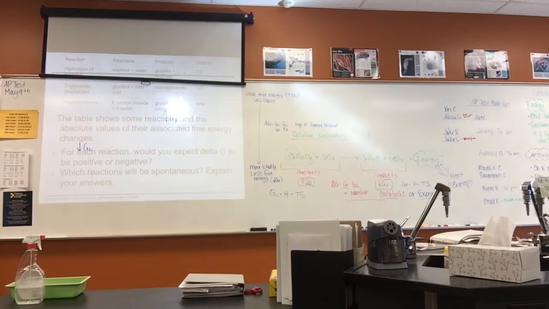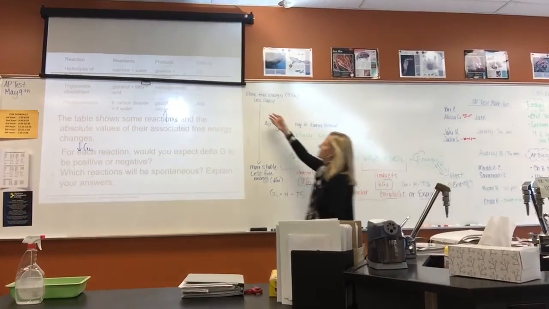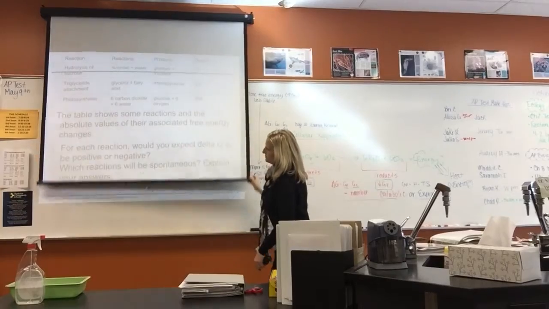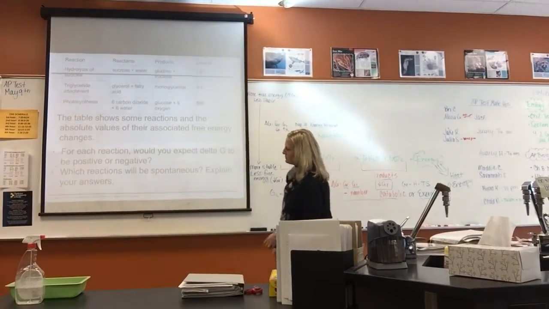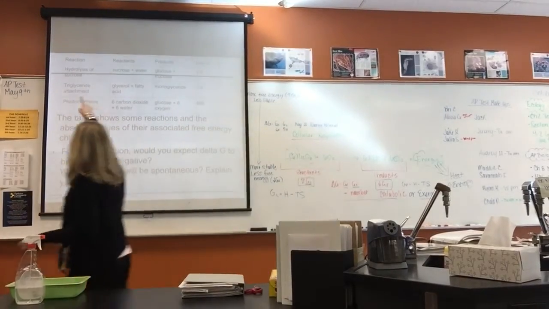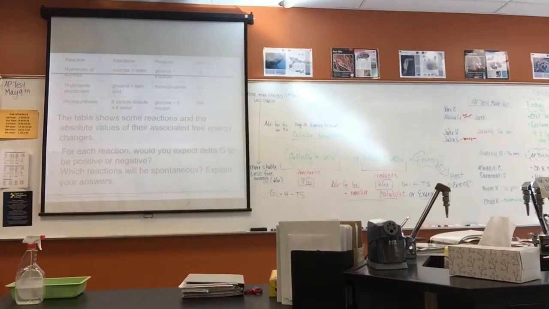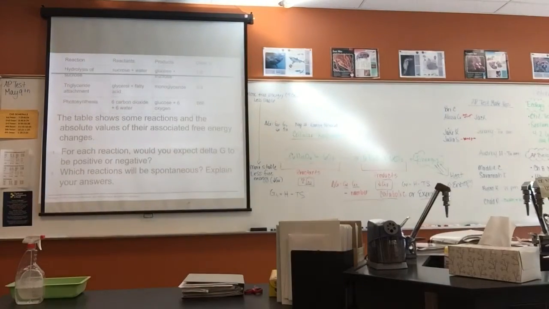All right, so what I'm going to have us do, take a second, is let me put this down so we can actually see. All right, I have a table here. I'll dim the lights here. I have a table with different columns. The first column is the name of the reaction, and we have 3 different reactions: hydrolysis of sucrose, triglyceride attachment, and photosynthesis. For each one of these reactions, if we go in the rows here, I give you the reactants